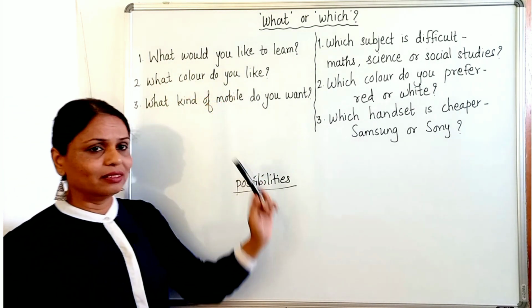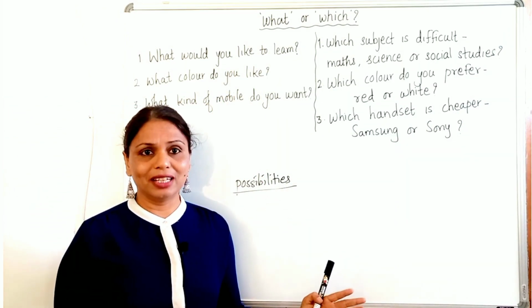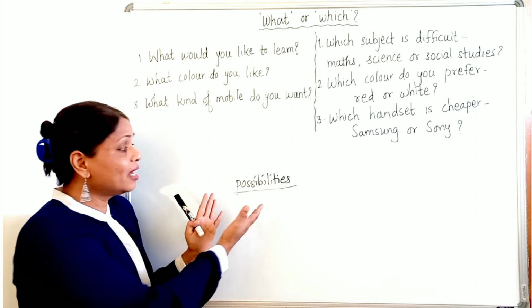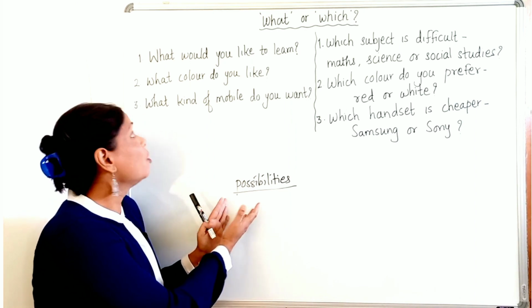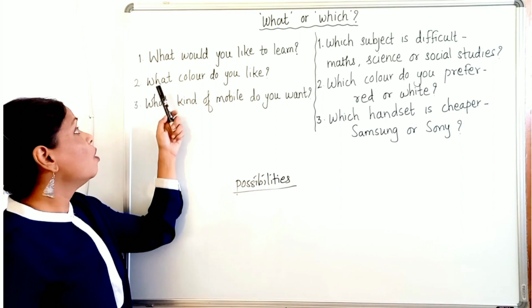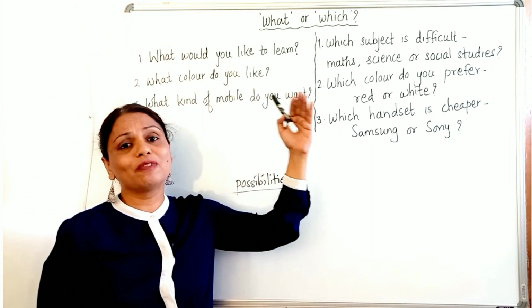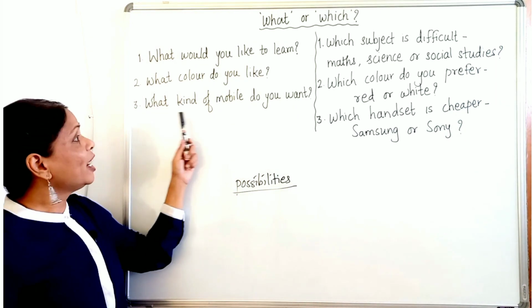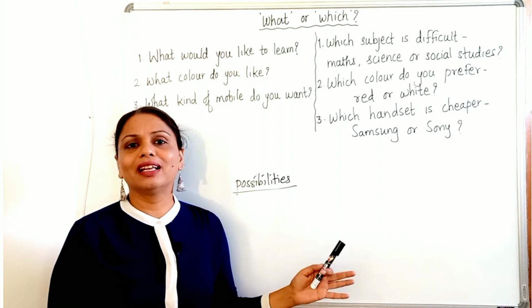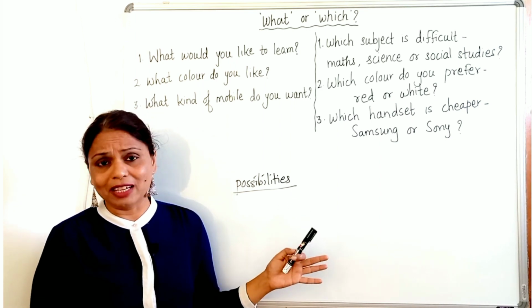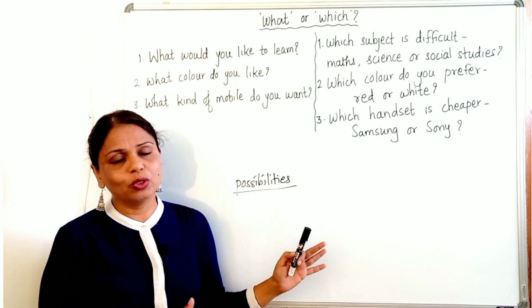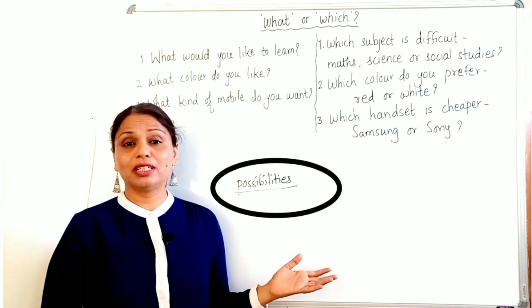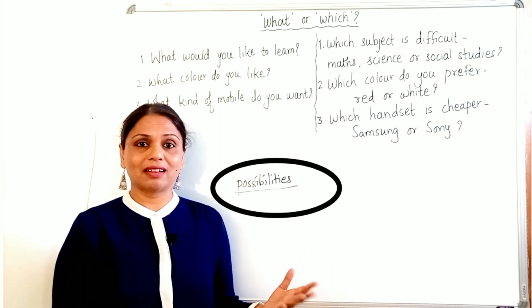What would you like to learn? There are n number of possibilities of learning. There are many subjects to learn. Out of that, what? There is a huge amount of possibilities. So my question begins with what. What color do you like? There are n numbers of colors in the world out there. So out of that, what color? What kind of mobile do you want? In the market, there are several varieties of mobile phones. So out of that, what do you want? So remember, when there are many possibilities, n number of possibilities or sometimes unknown possibilities are there, you need to